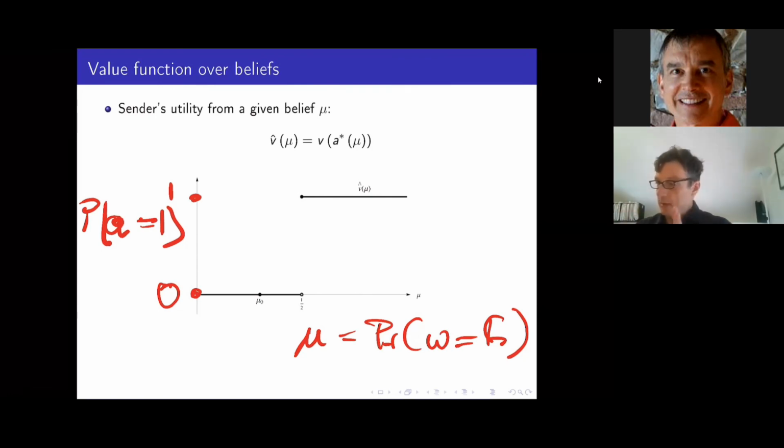Good. So we have a two-dimensional diagram. On the x-axis is the posterior belief of the receiver. On the y-axis is the action of the receiver, but the action of the receiver is also the indirect utility of the sender given the belief of the receiver. Yes? Okay. So very much the sender would like the receiver to have a posterior belief that exceeds 1/2, because then he's going to be able to get the receiver to choose that action and will realize a utility of 1. Okay.